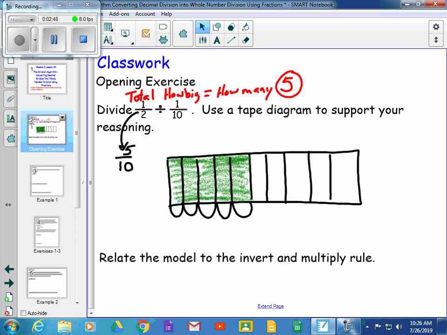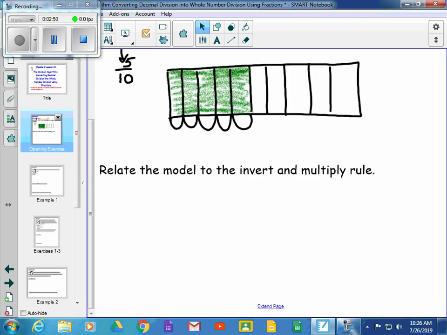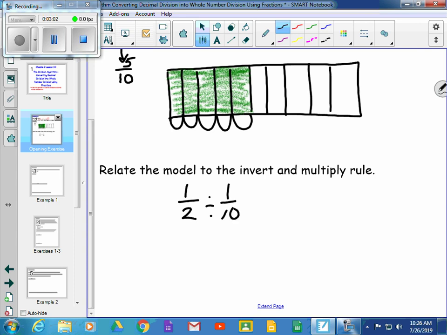Let's take a look at the question at the bottom of the page. It says relate the model to the invert and multiply rule. What they're talking about there is keep it, change it, flip it. So if I write my original problem and I want to solve that using keep it, change it, flip it, I would keep it, change it, flip the second one,